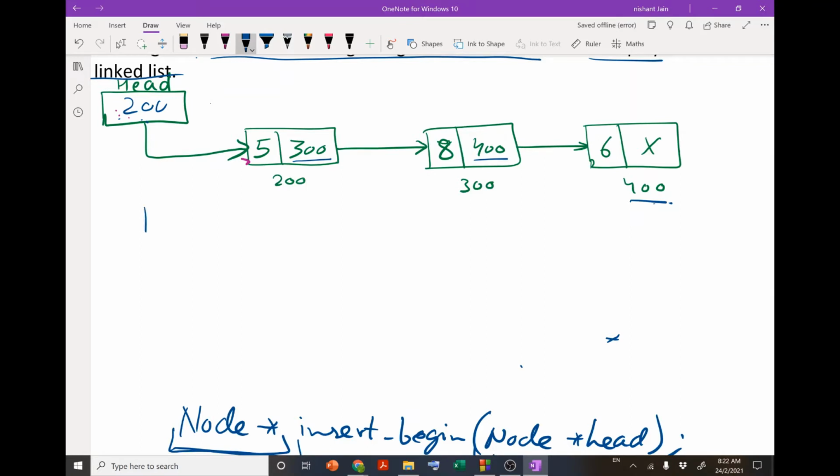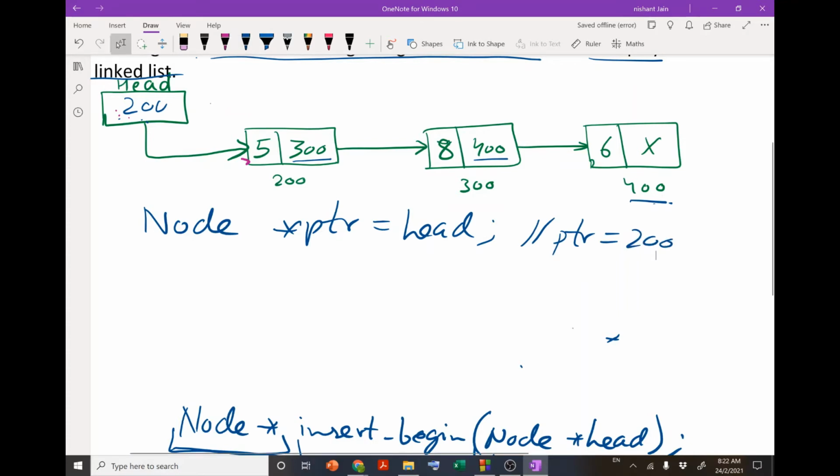I can initialize one pointer ptr, then I will initialize it with the value of head. It means that after the execution of this particular line, our ptr value will be 200. It means ptr will carry the address of our first node, right?